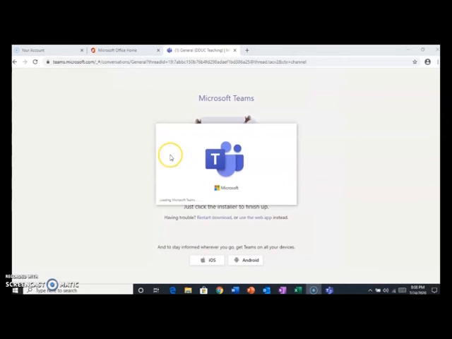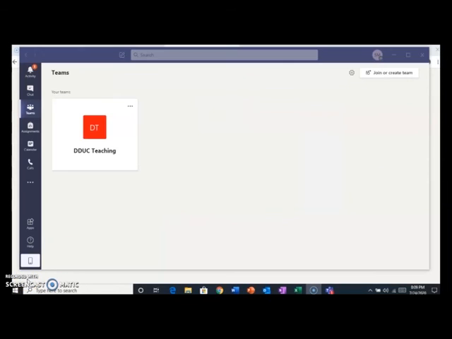Now it has started loading Microsoft Teams. Now you can have a look at the screen. This is the main screen of the Microsoft Teams application. On the left hand side, the bar is the toolbar of Microsoft Teams, which shows you the options like activity, chat, Teams, assignments, calendar. And here you can see this is one of the teams which is being reflected. If the person has been invited or added as a participant of a team, the team will automatically reflect here. So this is a space where all your teams will be reflected, for which you are a member.